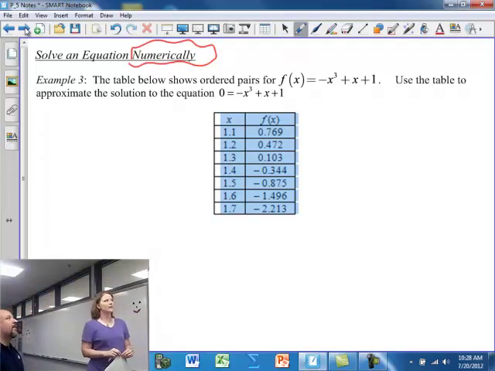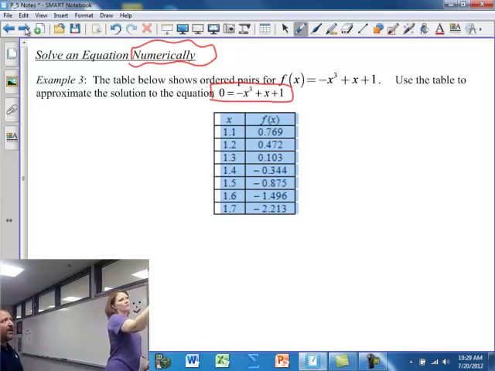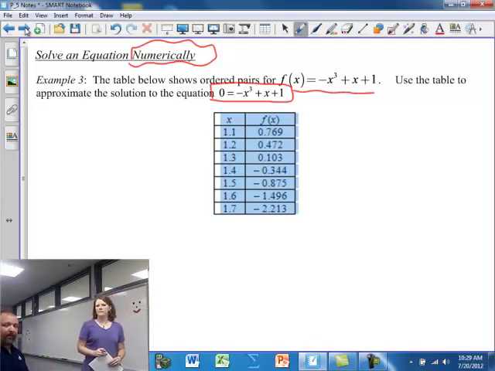Again, if you don't know how to use it, you're welcome to come and talk to us about it. But we've already created a table for you, and we want to know where is the answer. So what are we solving, Mr. Lecky? Well, basically, if we're looking for a solution to an equation, what we're really asking is where this function equals 0. So if you notice the difference between the equation f of x equals negative x cubed plus x plus 1 and the statement that you put a box around, all we've changed is f of x has to